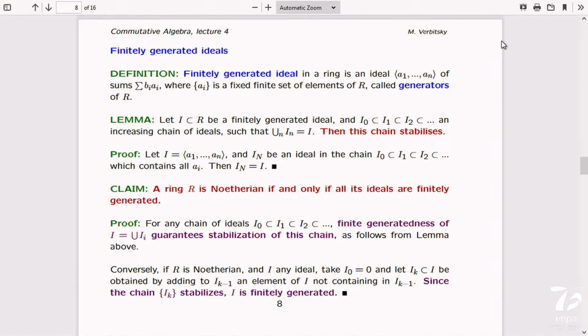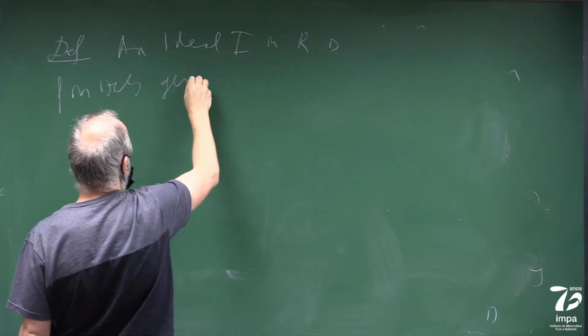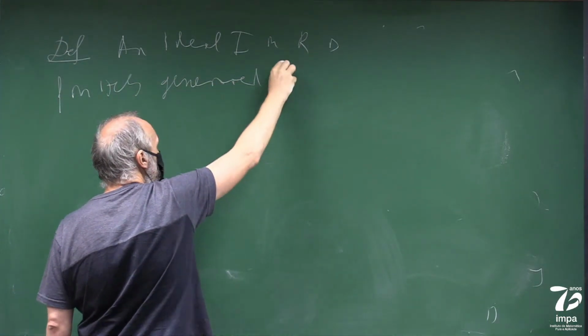When you just do essentially axiomatic things. So, definition. But this definition is implicit in Hilbert, of course. An ideal I in R is finitely generated if